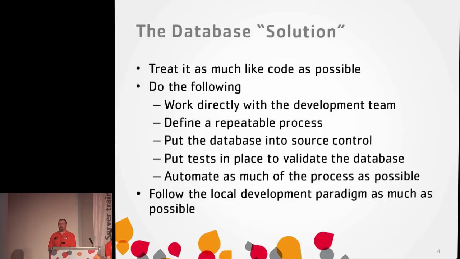Because DBAs, how many development teams do you support? 1, 2, 3, 5, 7. 7 was my max. At 7, I was getting really crazy. But you know what? You automate deployments for 7 of them, and then you're at least not sitting there manually moving things around all day, every day. So you automate stuff, and you follow the local database paradigm.